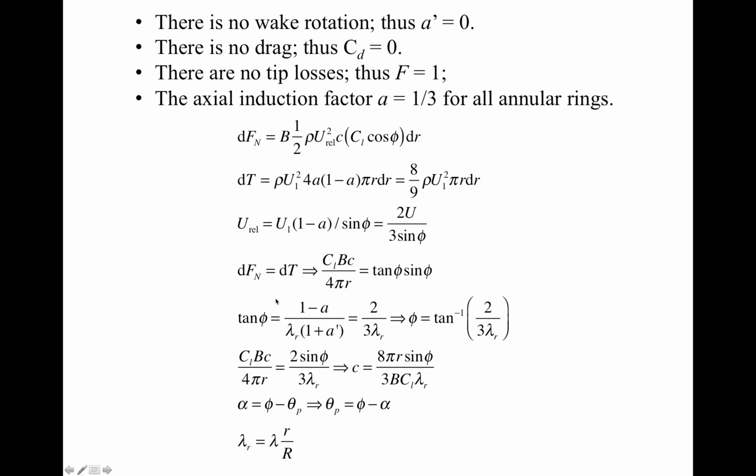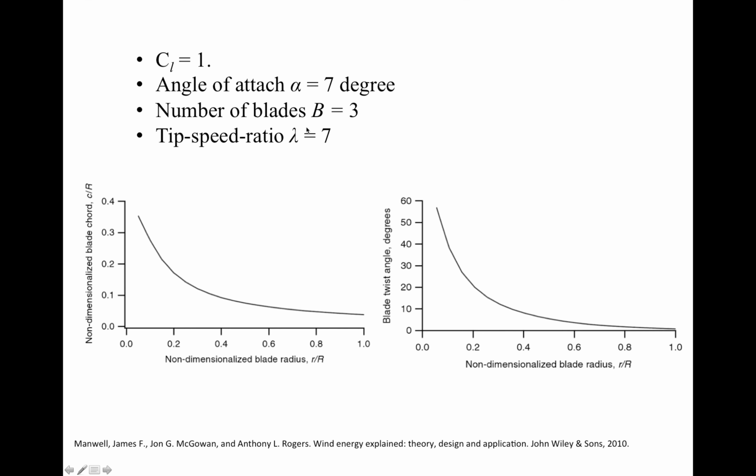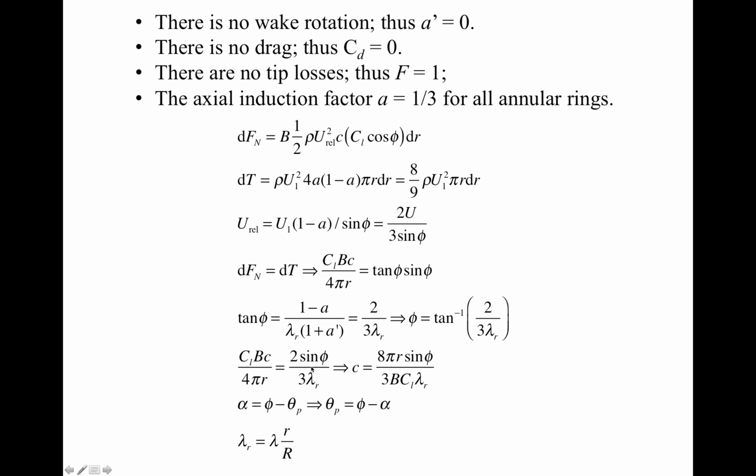We need lambda here because most of the equations are expressed in terms of lambda r, the local tip speed ratio, which equals lambda times the non-dimensionalized radius. Once we bring those quantities into this equation to get phi, and this equation to get the section pitch angle,